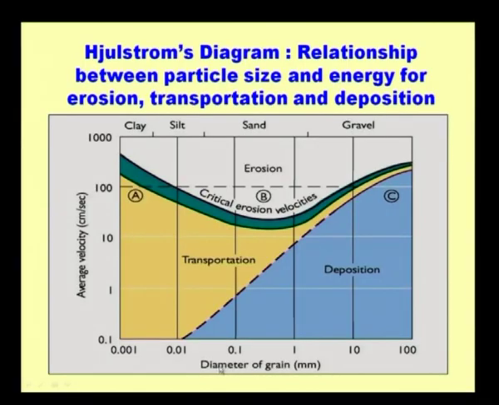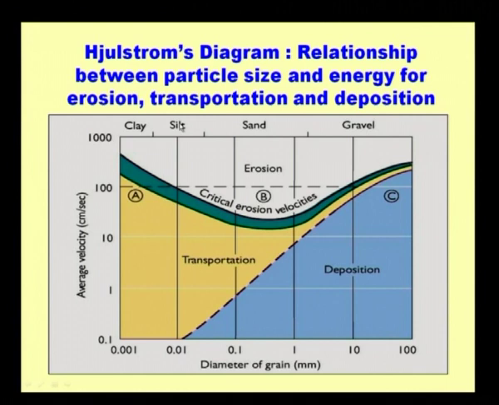See, on the x axis it is the diameter of grain, that is in millimeter, and on the y axis the average velocity, that is centimeter per second. So, if the particle size is 0.001 millimeter, then that is coming under the category clay, and therefore, what is the velocity of the clay? It may range. So, that is given here, and naturally the 0.001 is a clay soil,